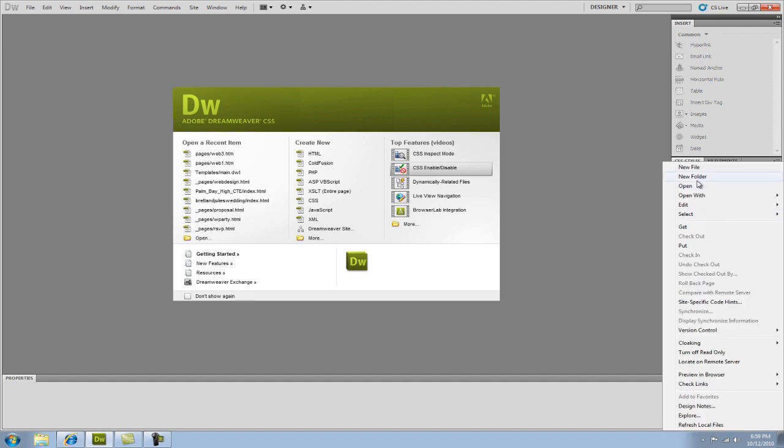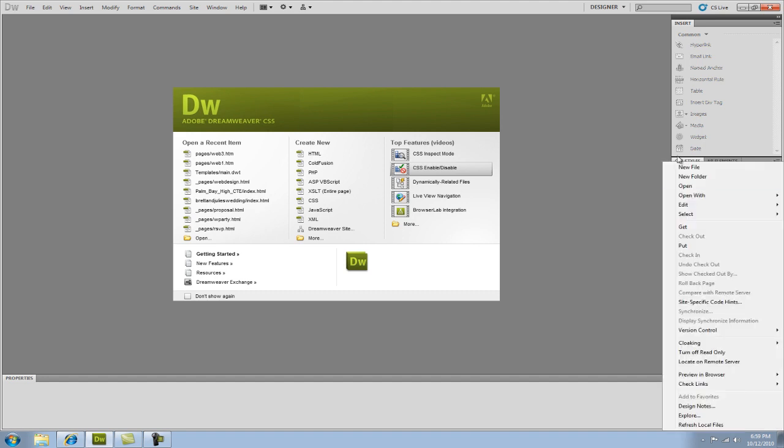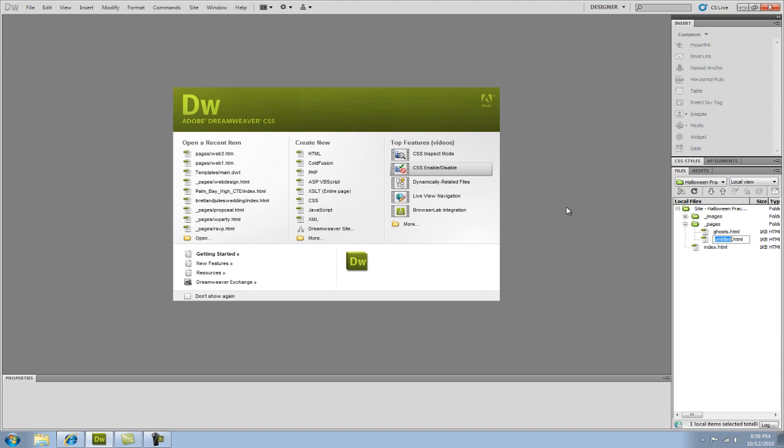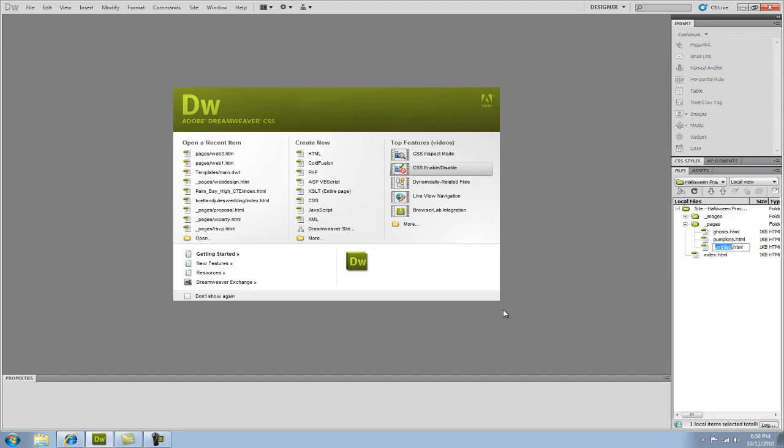I'm going to right click on it, select new file, name this one Ghosts. You'll see that that's inside the Pages folder. You can collapse that and expand it. Right click again, new file. We'll name this Pumpkins. And then on the Pages folder again, one more time, right click, new file. And finally, let's go ahead and name this